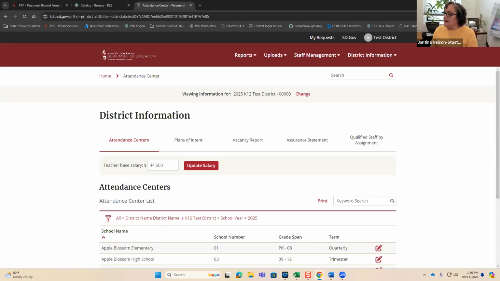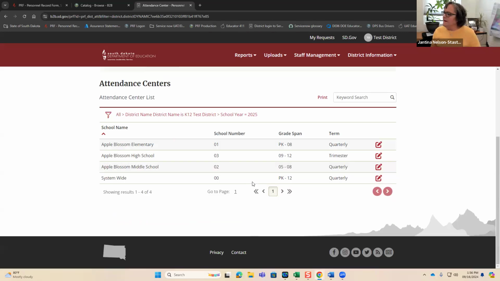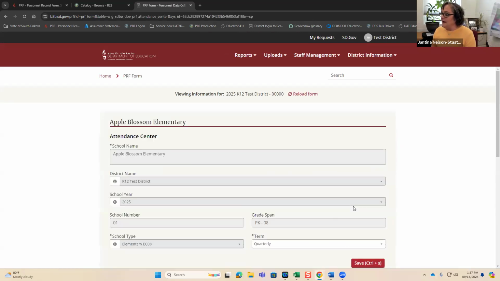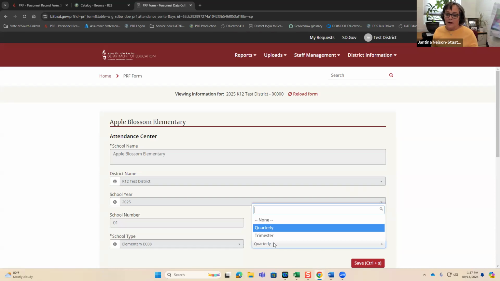The educational directory information down below, you provided to Angie Bren, and it's loaded into the PRF. If and only if the academic term switches, you can switch it, but I would not suggest playing around here and switching it from quarterly to trimesterly.